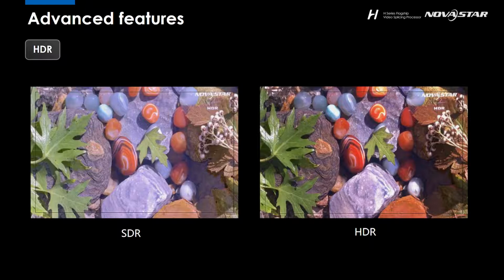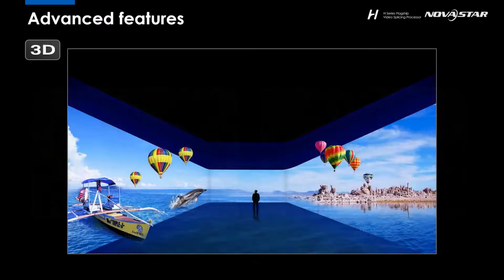So HDR and 3D also work perfectly with the H series. And this matters because more and more attention has been paid to improving the image quality. Color depth, color gamut, brightness, you name it. These are nowadays no longer strange nouns to us, aren't they? It's not hard to understand. Better image quality provides us with a better visual experience through details. And besides that, 3D is also gaining popularity among some projects with the immersive visual experience it brings to the